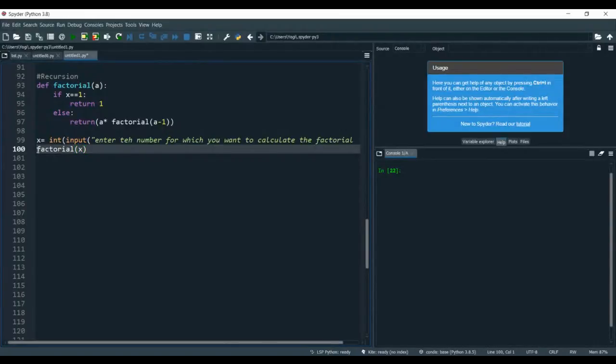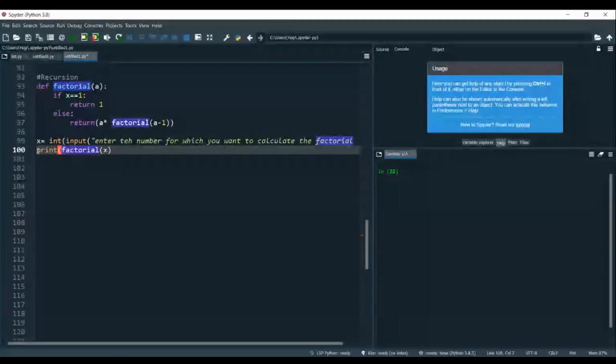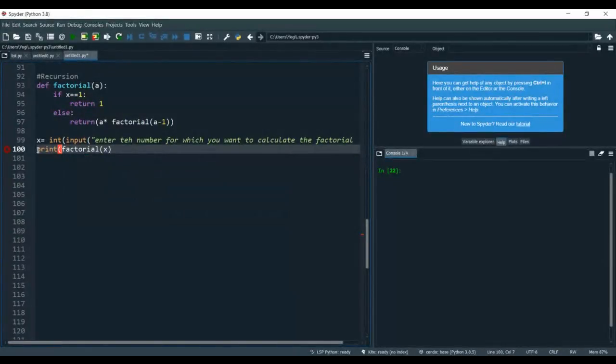Or I can simply write print, because I need to print the statement: factorial of the given number is.